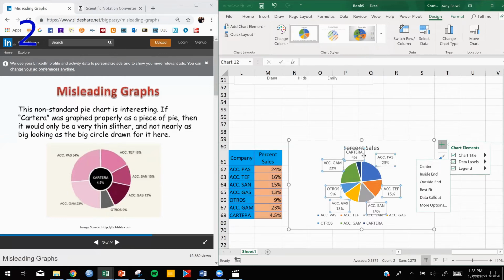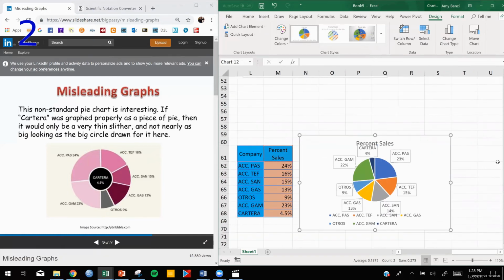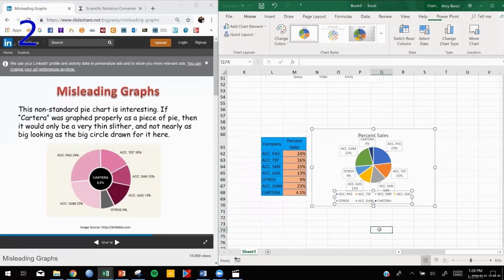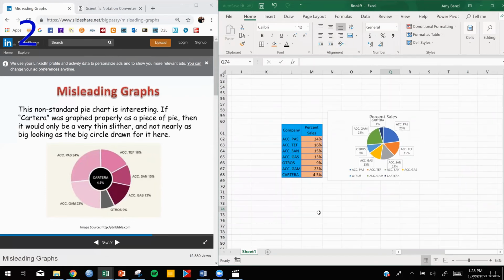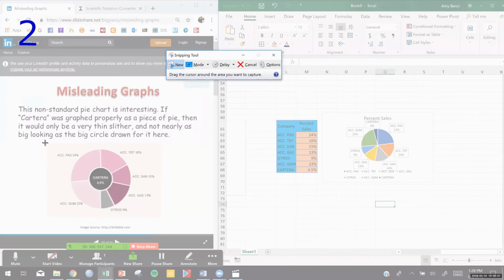And it just says 4% because it's a small space. But here you can see what a small slice of the pie that is. It's only 4% of the pie. But look at their picture. How big of a piece of pie did they make it look like it was? Well, let's find out. I'm going to grab my snipping tool, new, and I'm going to snip